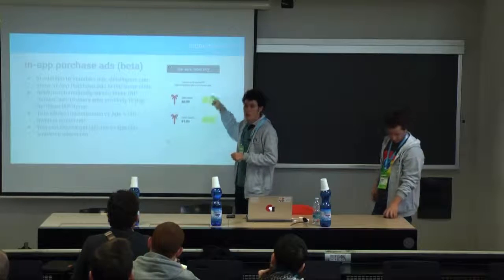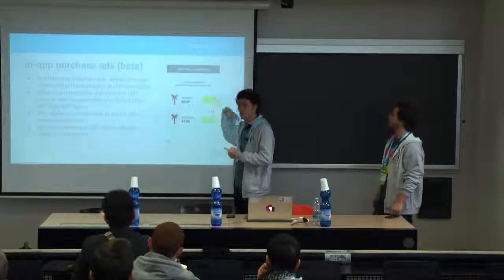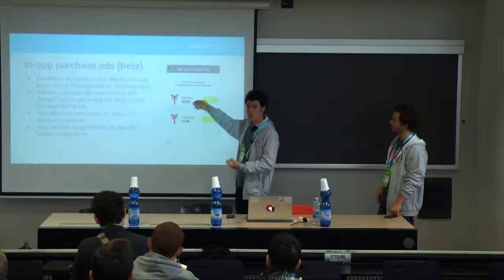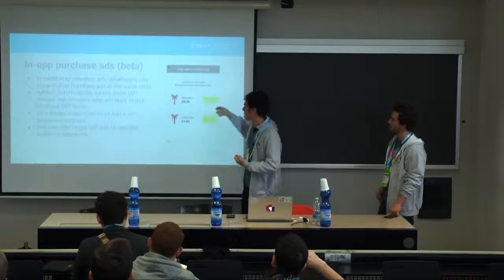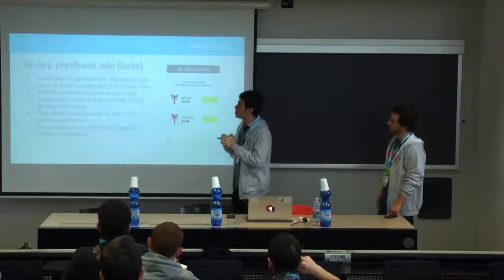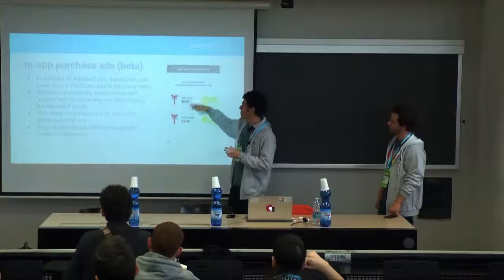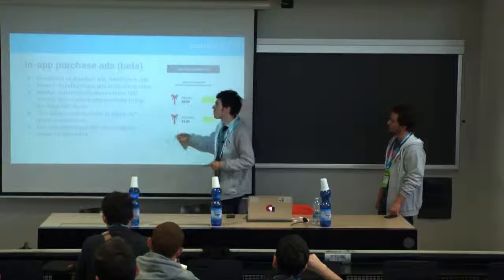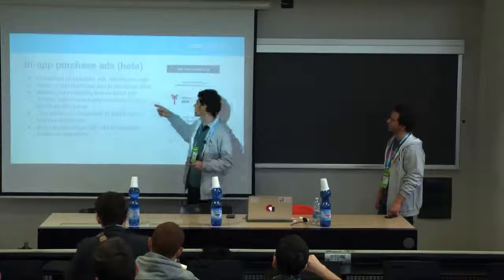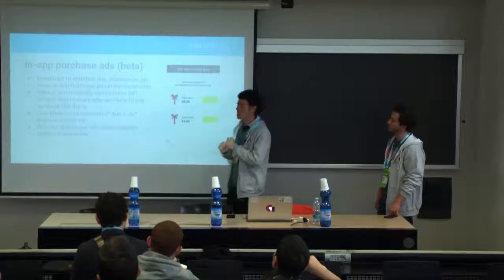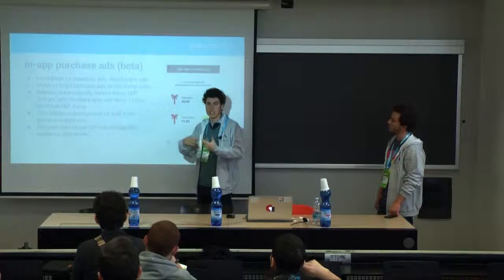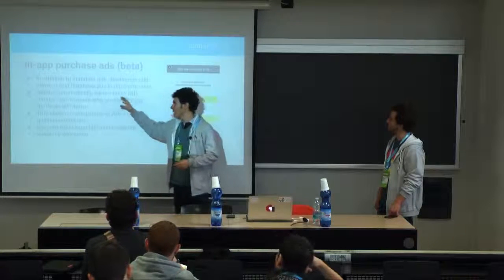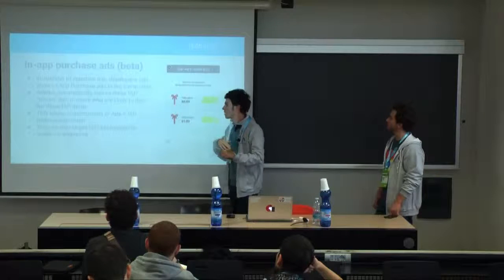Instead, if you show ads to a user who was likely to buy, because maybe they have bought in the past, they've bought in similar apps, then you're losing potential in-app purchase revenue, which is usually higher for the users that convert than advertising. So AdMob provides you the possibility to serve in-app purchase ads in the same spaces where you would probably show advertising, and also allows you to target these in-app purchase ads only to users who are likely to buy, because AdMob has the history, has the data about the user's behavior, and is able somehow to provide that to you and allow you to maximize the mix of revenue between in-app purchases and